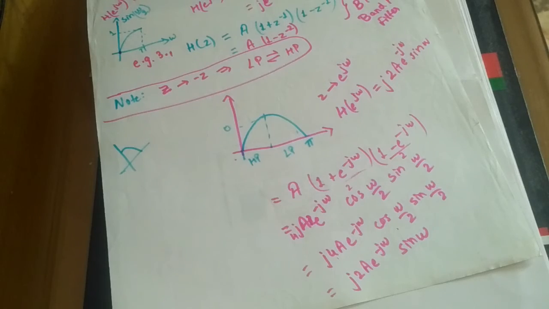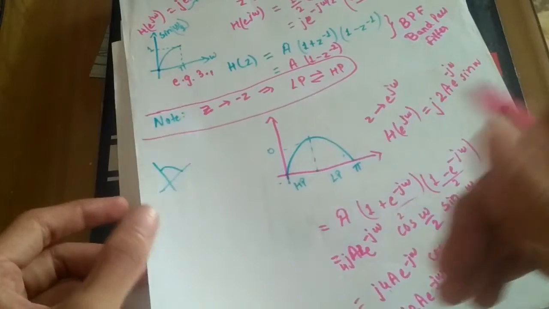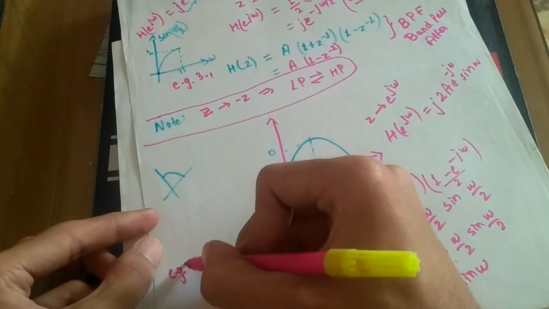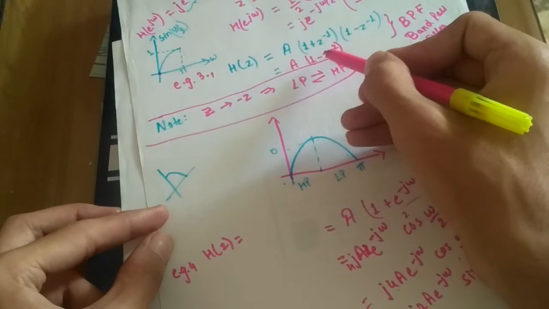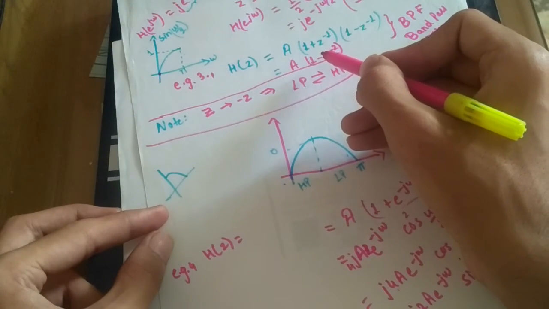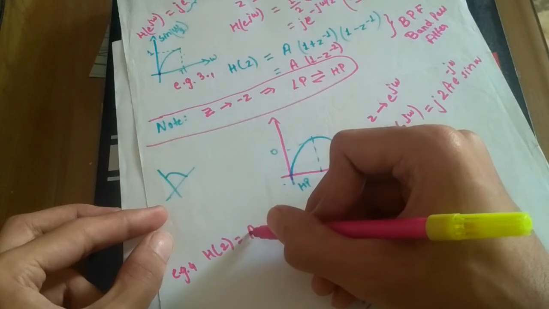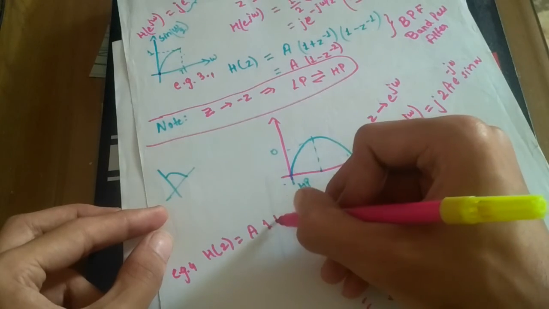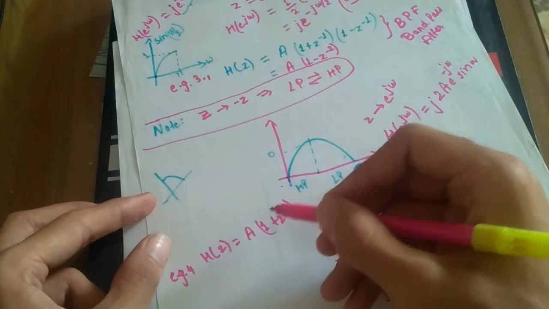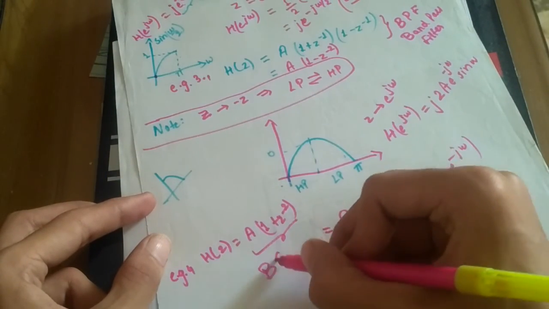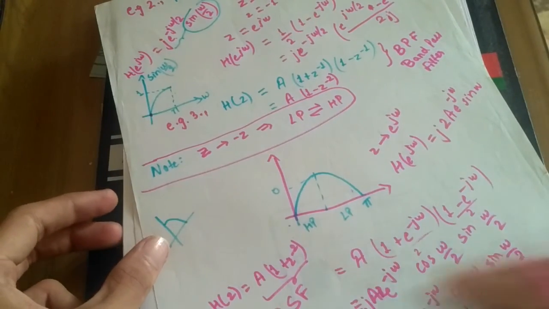And similarly, as I said, let me proceed to example number 4. I'm writing over here because I have some space. So if I put just z by minus z, right? Over here we will be getting A times 1 plus z inverse over 1 minus z inverse. Here we are getting 1 plus z inverse, and this will be our band stop filter. It was the band pass, and this is band stop.